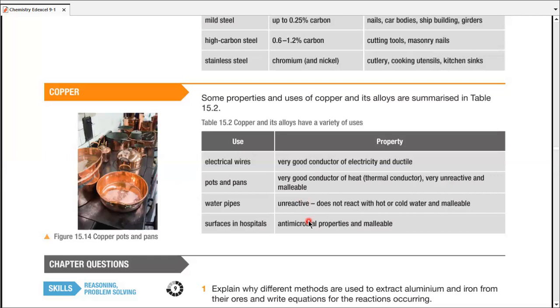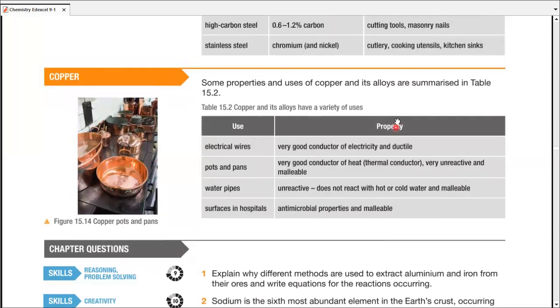Lastly, surfaces in hospitals. The surfaces in hospitals, especially the working area, we use copper because it has antimicrobial properties. Since copper is not reactive, microbes cannot stay alive for a longer duration on copper, which is good as well as for pots and pans, as well as surfaces in hospitals. Since it's malleable, we can easily convert it into big sheets for big working spaces in hospitals. There you go. That finishes the